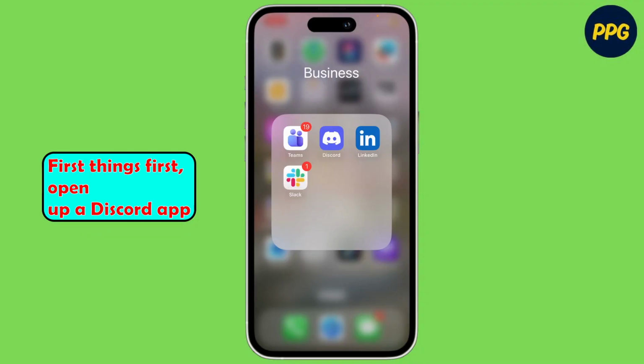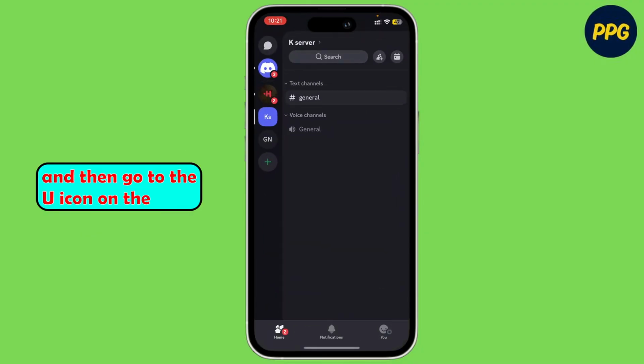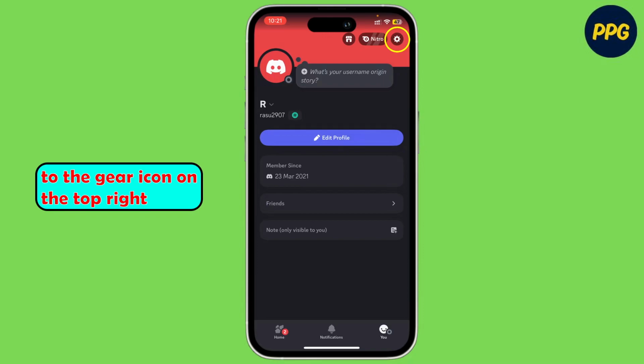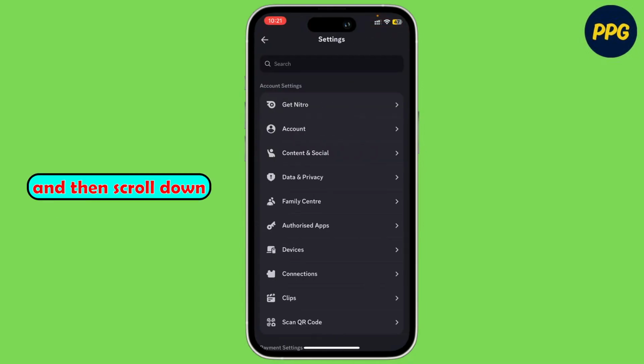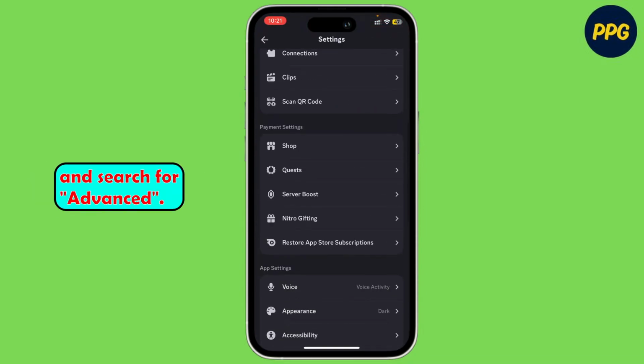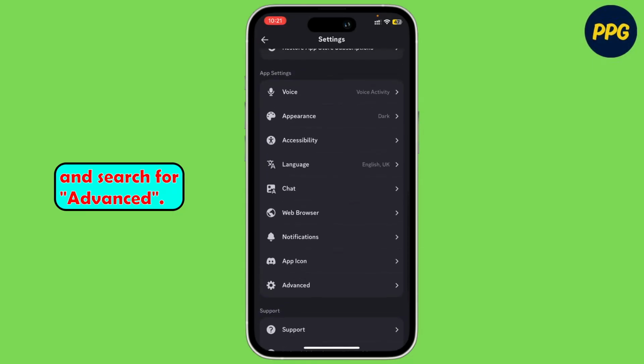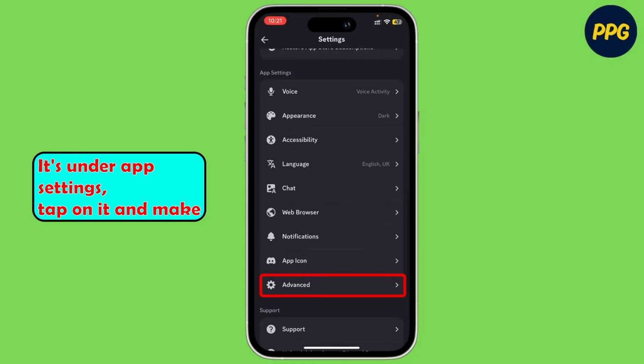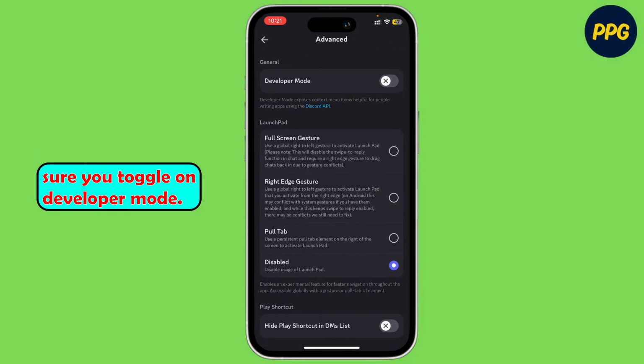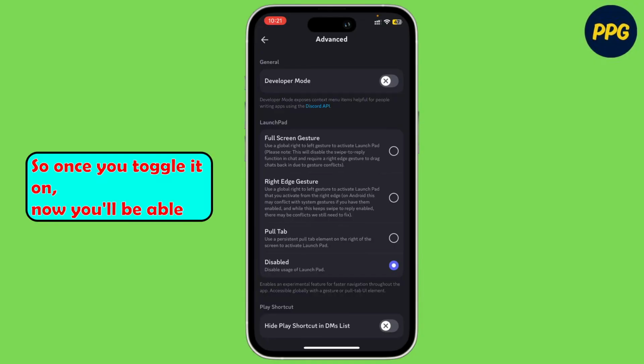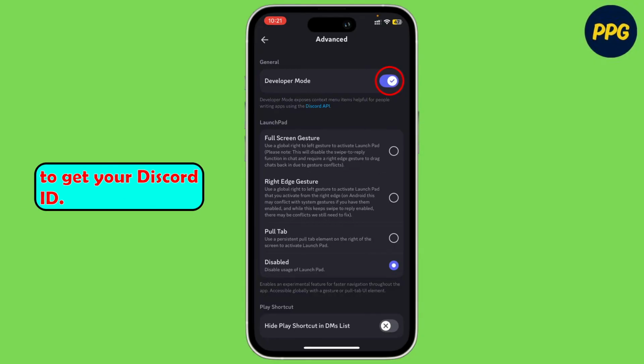First things first, open up the Discord app and then go to the You icon on the bottom right corner of the screen. Once you're there, just go to the gear icon on the top right and then scroll down and search for Advanced. It's under App Settings. Tap on it and make sure you toggle on Developer Mode. Once you toggle it on, now you'll be able to get your